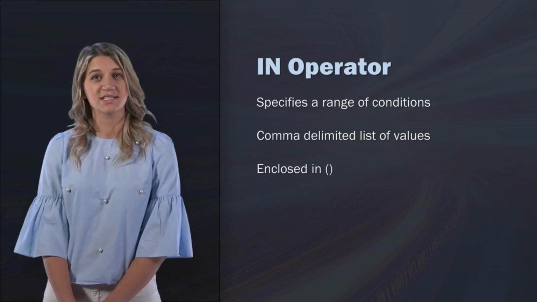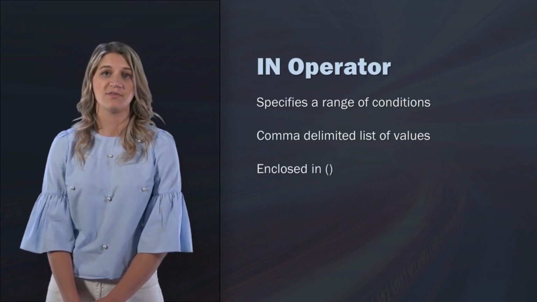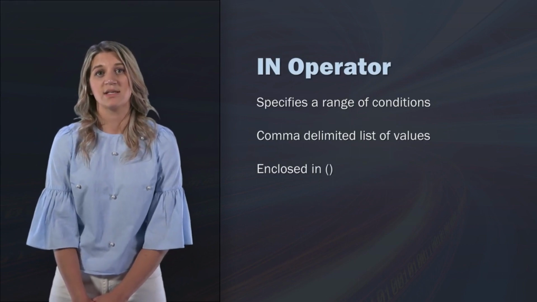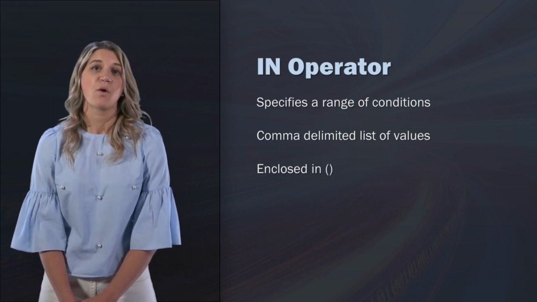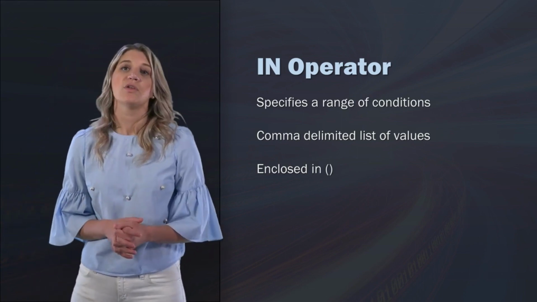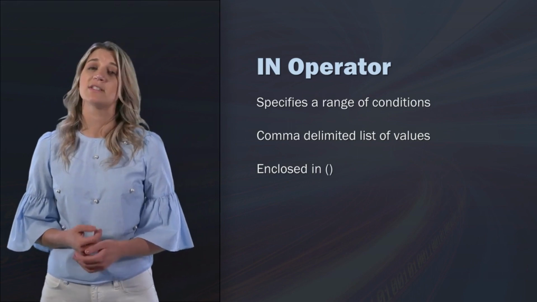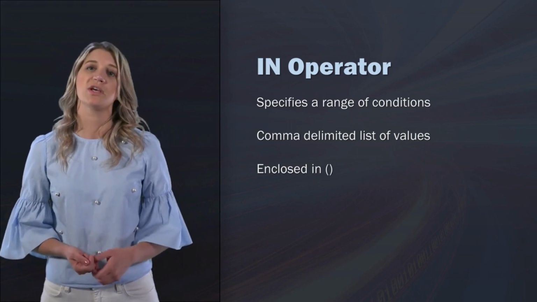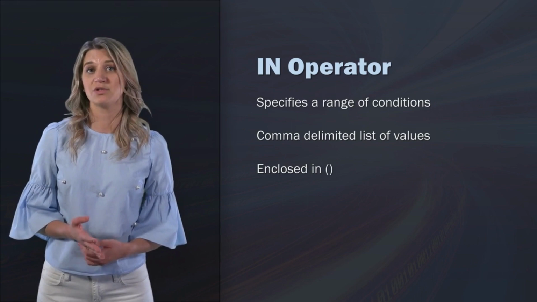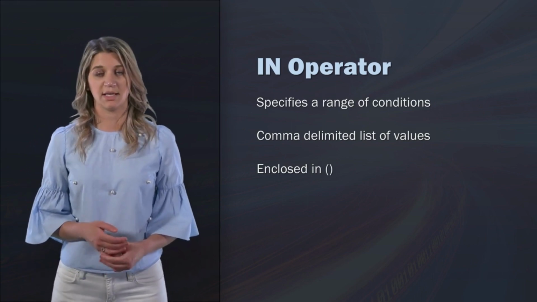Okay, first let's discuss in. To use the in operator, what we're going to do is specify a range of conditions. This is similar to between, where you could say it's between two variables. You can also do a very specific number of conditions and have additional conditions. To do this, you're going to enclose your values in parentheses, and you're going to have a comma-delimited list of